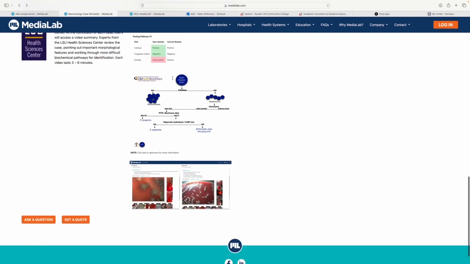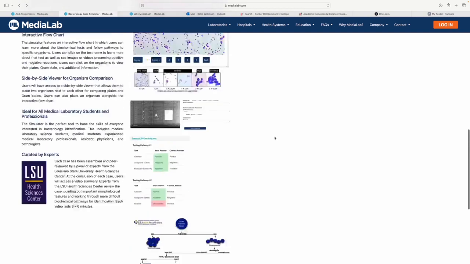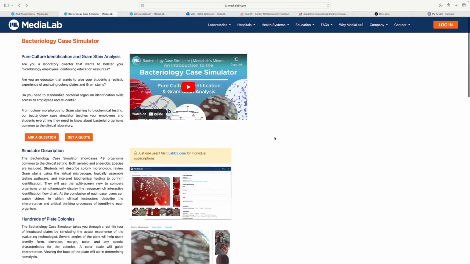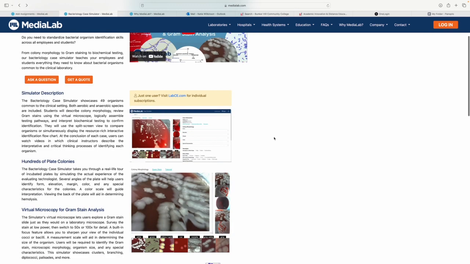So you can see it provides a lot of different tools and not necessarily adaptability, but variability, where I can go in and I can say, okay, my students need practice on plate reading, so I'm going to assign plate reading, or they need practice with gram stains, so I'm going to assign that. Students also have given us really positive feedback since we've been learning this, because microbiology is one where you need the practice,